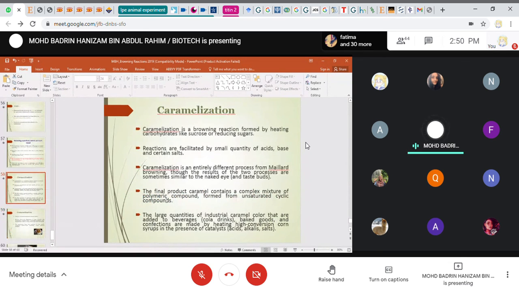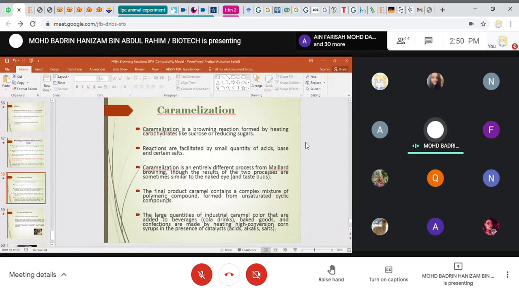Next, caramelization. Caramelization is a browning reaction formed by heating carbohydrates. Now you have carbohydrates, sugar like sucrose or reducing sugar. The reaction can be facilitated by a small quantity of acid, base, and certain salt. This caramelization reaction is an entirely different process from the Maillard reaction, though the results of the two processes are sometimes similar